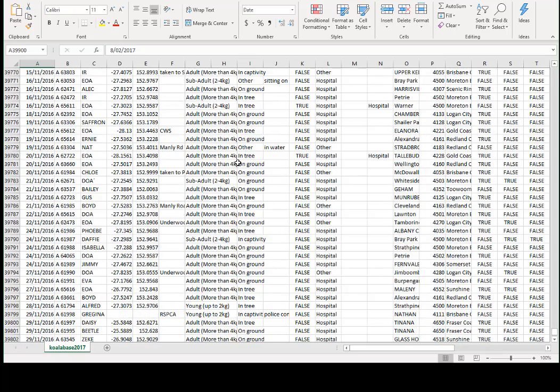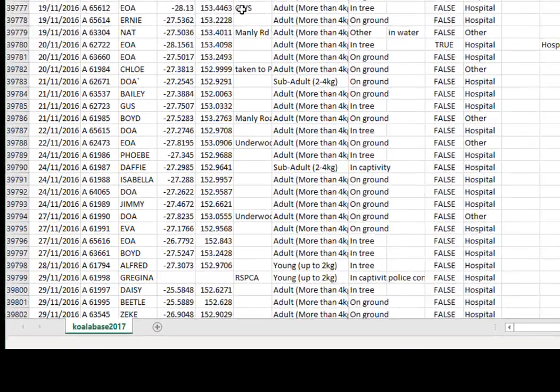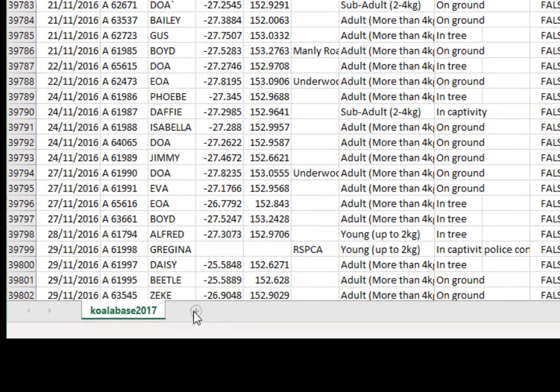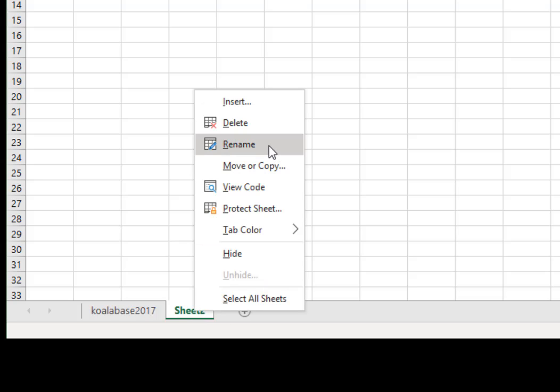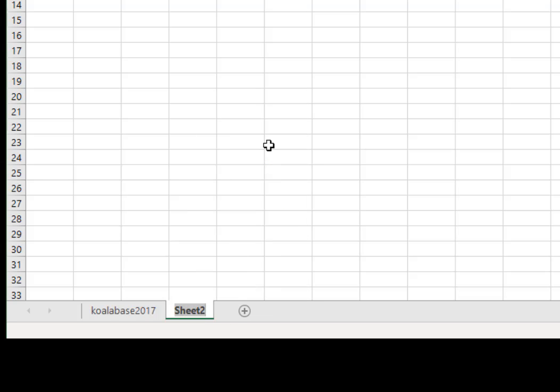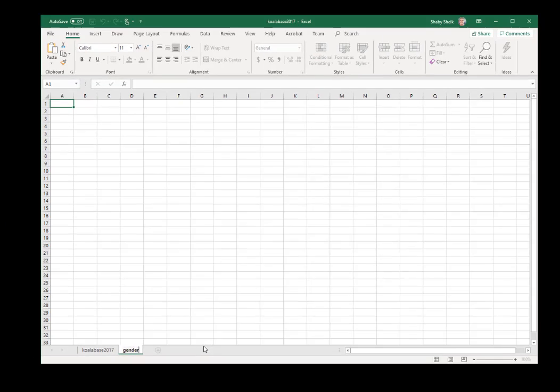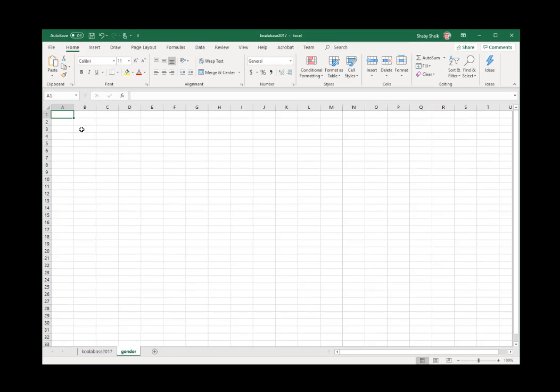So when I want to extract some data from this large data set, the best way to go about it is to create a new data sheet. This one's going to be renamed gender, and this is where I'm going to put my formulae and the graph to show how many females, how many males are in our data set, all based on